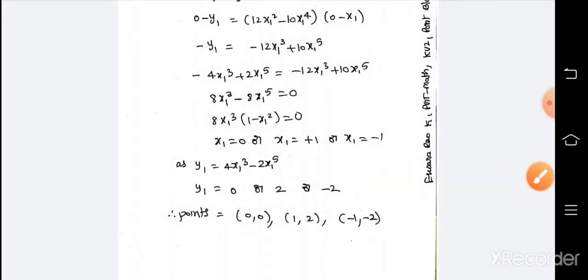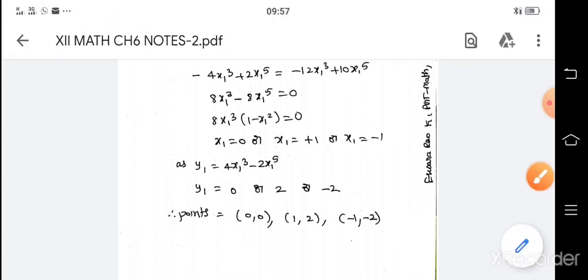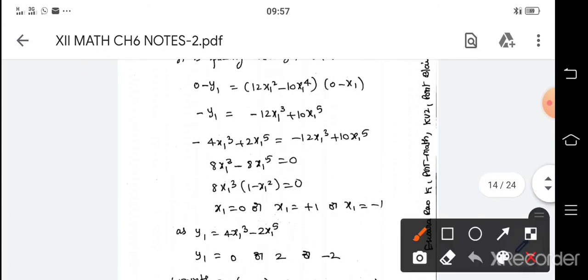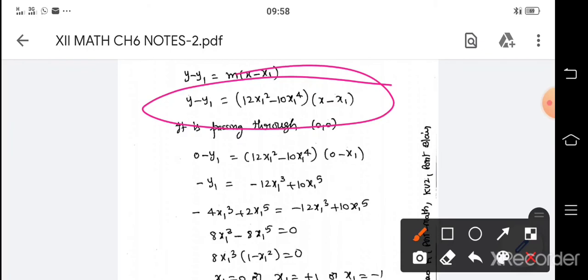Very important questions, which kind of questions are these? This question is neither given with the point of contact nor given with the slope, but they are asking you to find out the point of contact when the tangent is passing through the origin. That means the question will say the tangent passes through a certain point. At that time, as usual, with the help of this point of contact x1, y1, you find out the equation. But instead of x and y, since it is passing through, substitute x and y as 0, 0 or 1, 2.